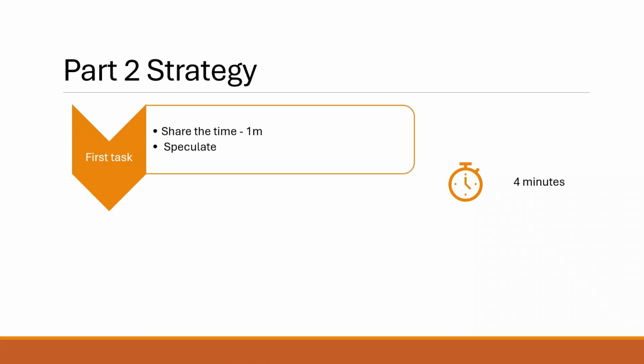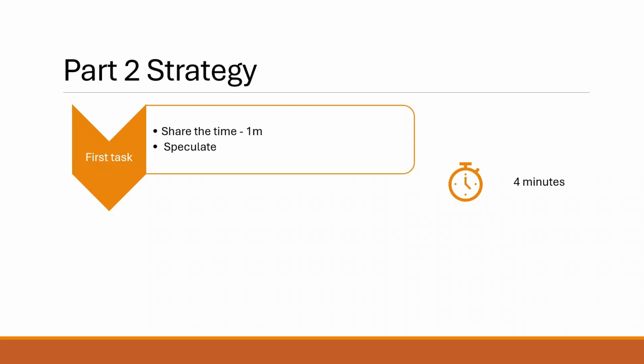And the first task, you need to try to share the time. It is only 1 minute long, so it's incredibly short, and sometimes you can find you're talking over your partner. The other thing it asks you to do, and the second question that comes with this particular task, is usually some type of speculation, and you need to suggest answers or propose particular things that you might relate to